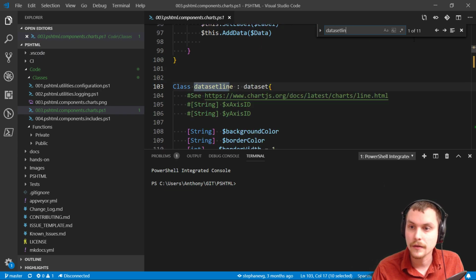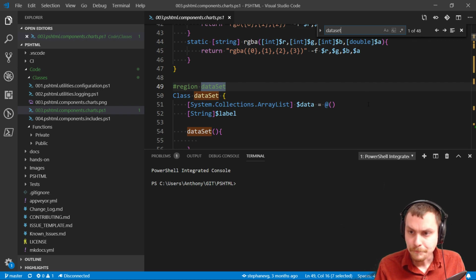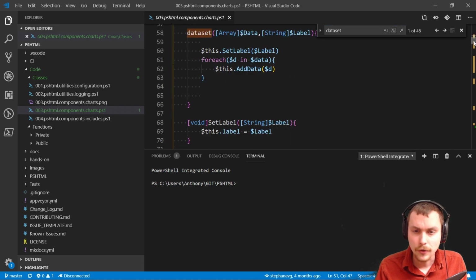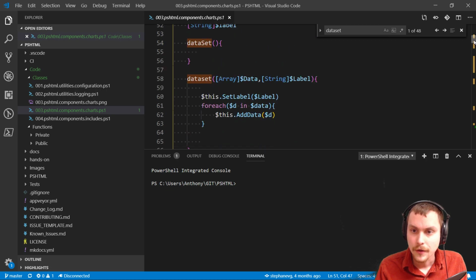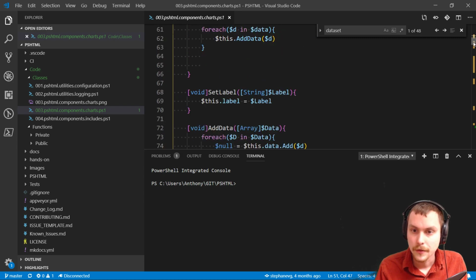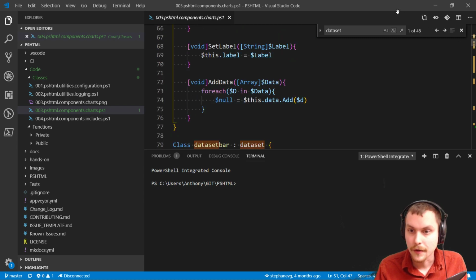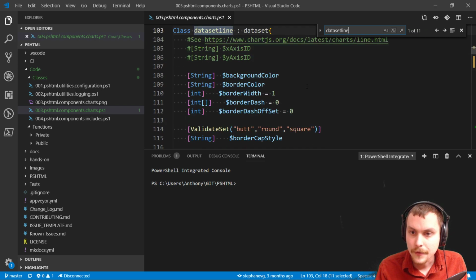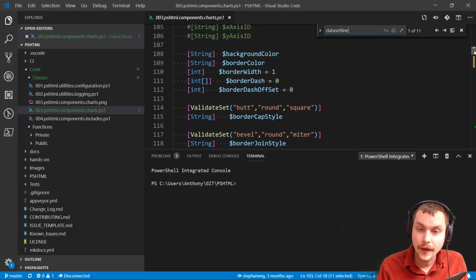So this dataset line, which is a child of that. So actually, let's go back to dataset. So we've got a parent class here that just creates some of the basic information. Okay, so the label, adding data, nice. Okay, and if we go to dataset line, we've got all the settings for that